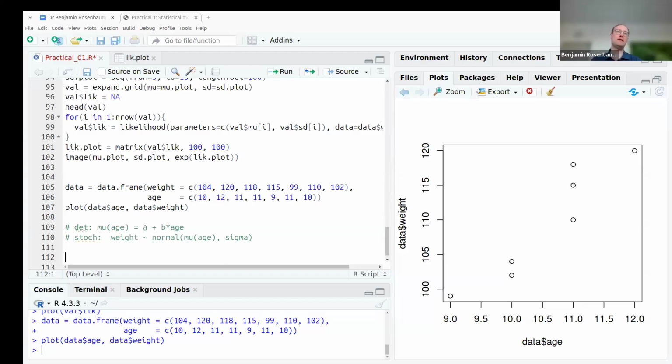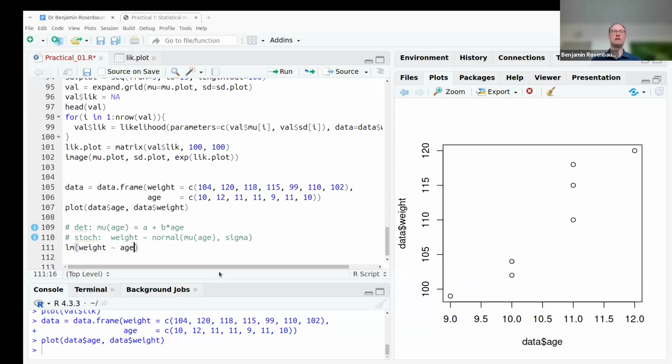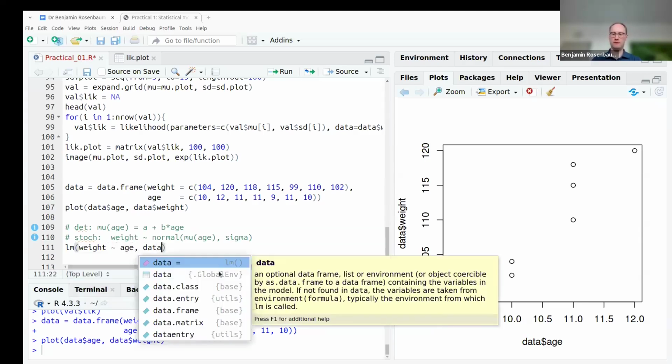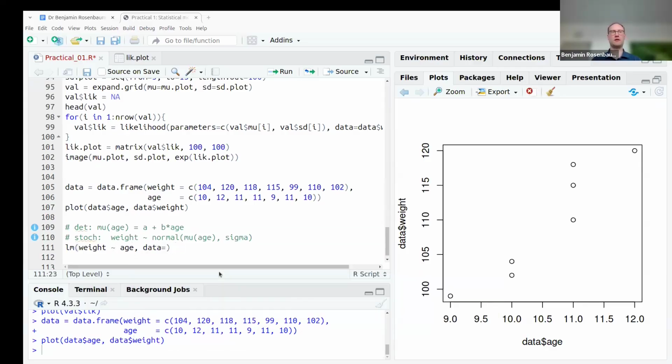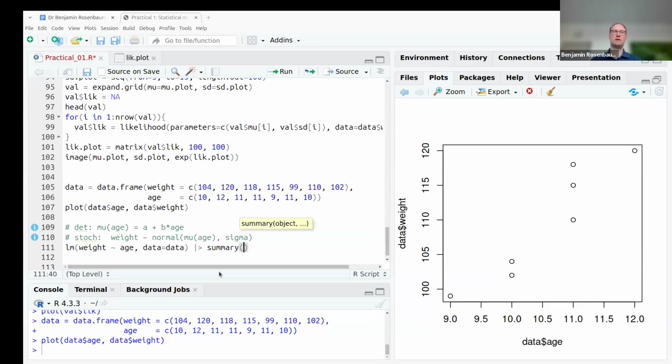So we have three parameters: it's intercept, it's slope, and it's standard deviation. Yeah, we could easily just fit an LM. Here we would just say weight is depending on age, and the data frame is called data. And if I print a summary here,